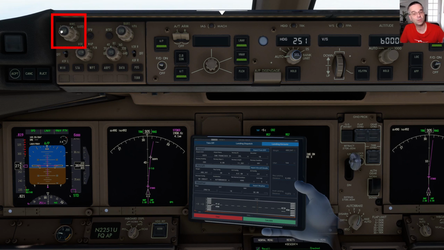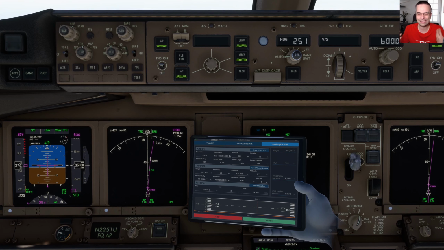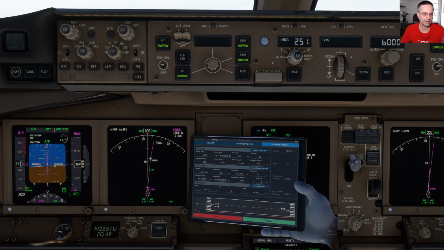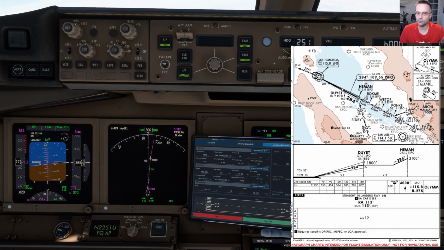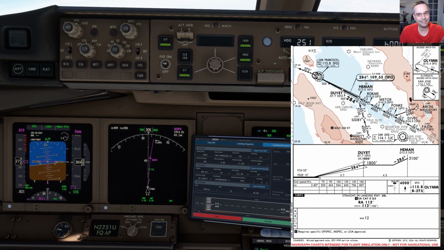And to make the wheel turn faster, what I'm actually doing here is using the mouse scroll wheel to move it in increments of 10 very quickly. And then once you get close to the number that you're trying to set it to, you can do single clicks to move it by 1 foot at a time. With that set, once we get down to our minimums, the plane will call it out for us. So it's really just going to be a cue to make us think about if we're ready to continue with our landing. As for the approach itself, there are a few things that we should check, starting with the ILS